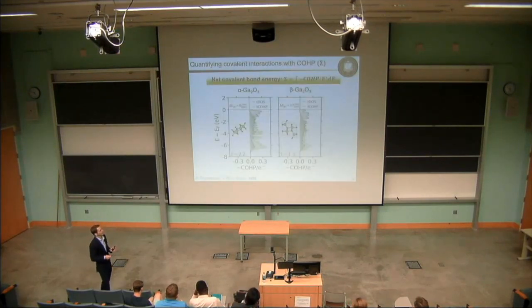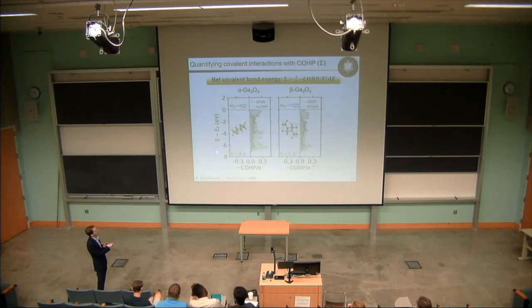And so trying to stay out of the weeds for the most part, we developed these ways to partition the DFT calculated charge density first into a metric to quantify what is the covalency of a periodic solid. And so we do that using this COHP approach, or crystal orbital Hamilton populations, basically determining what is the degree to which electrons are overlapping in all the orbitals in the solid state material, and then weighting that as a function of energy to say that if orbitals are participating in covalent bonds at very negative energies, then those are very covalent bonds. So we ultimately capture that as this energy-weighted integral of these COHP populations,